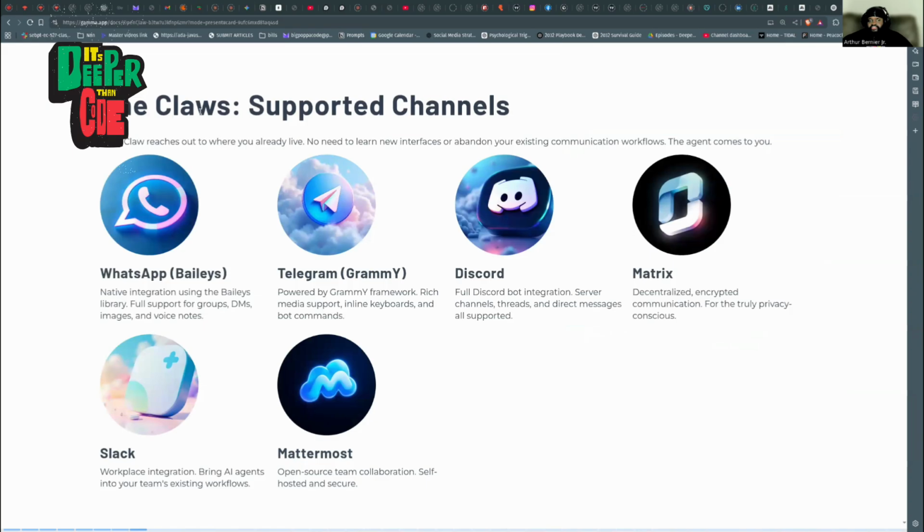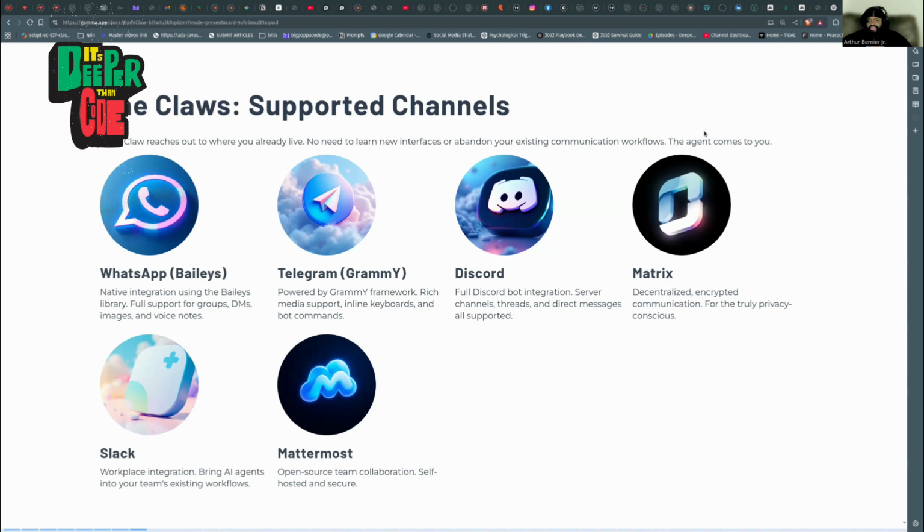So what are the different channels that you can use in order to speak with OpenClaw, right? Some of the things you could use: WhatsApp, Telegram, Discord. You could also use Signal, that's not listed here. You could use Slack.